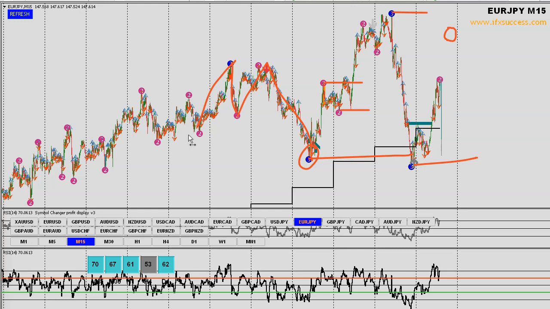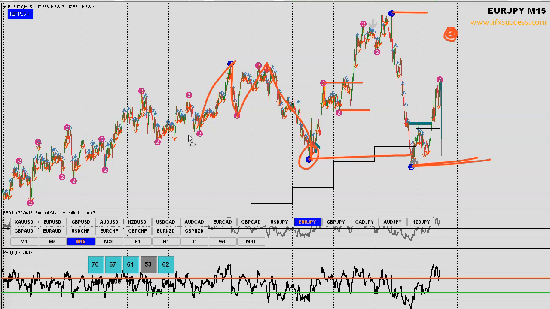So if I don't break below this 3, if I get a number 3 here for euro yen, I already made a new low compared to this one. So this is a good sign that I can start making a what? A lower high. So if I get a 3 in here to sell, I might give it a good chance to sell to see if finally it breaks below here, this other 3,